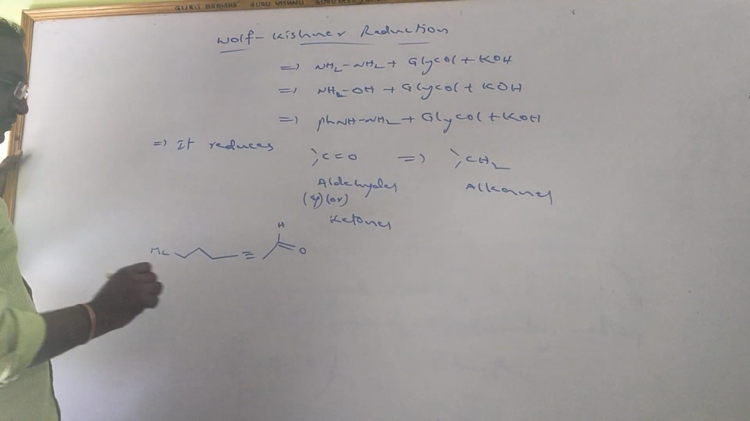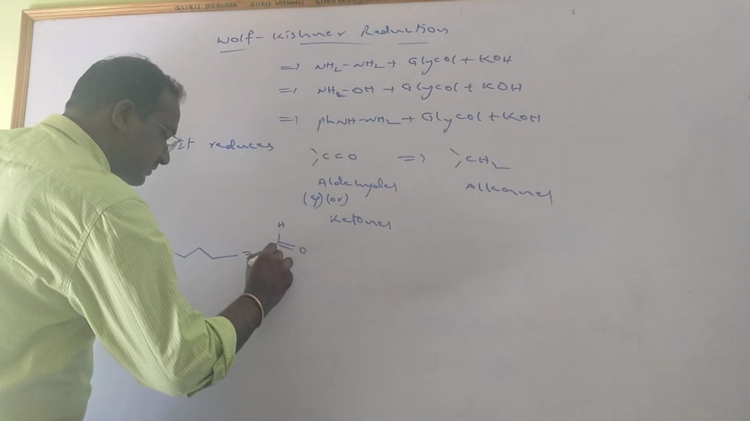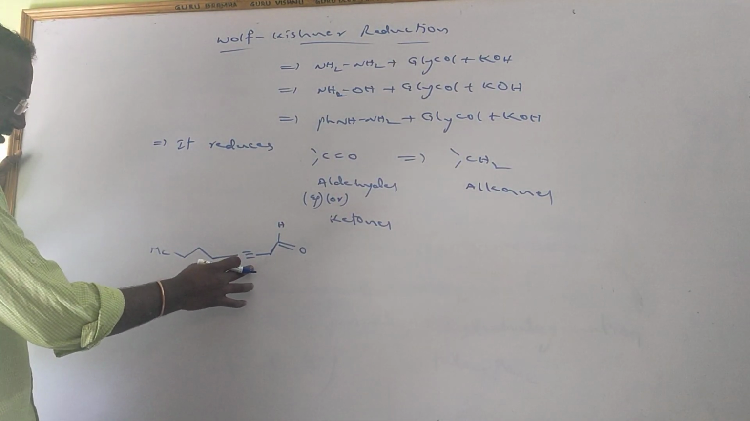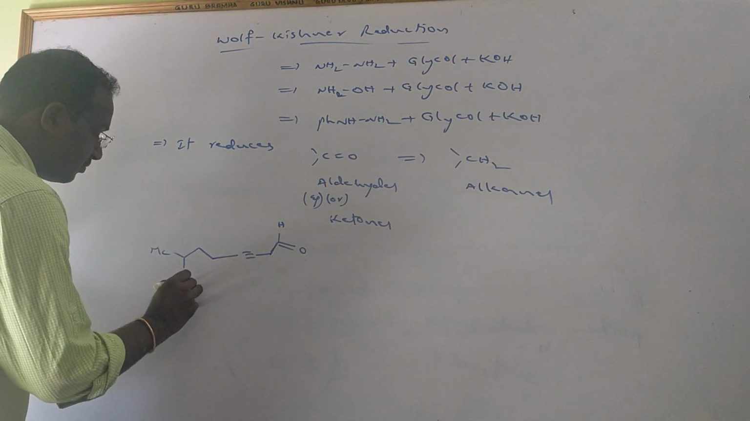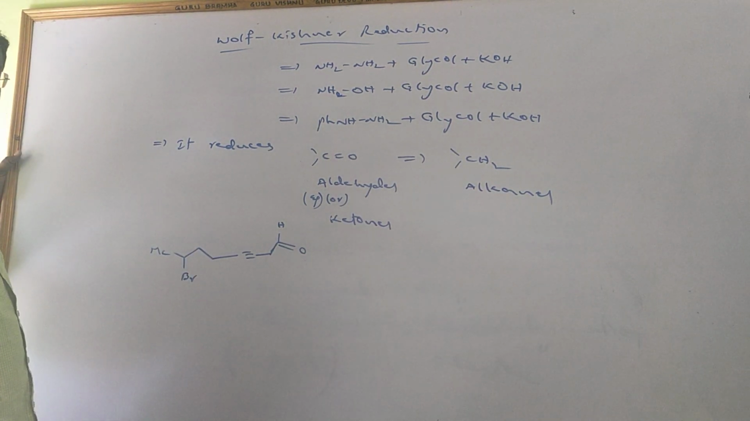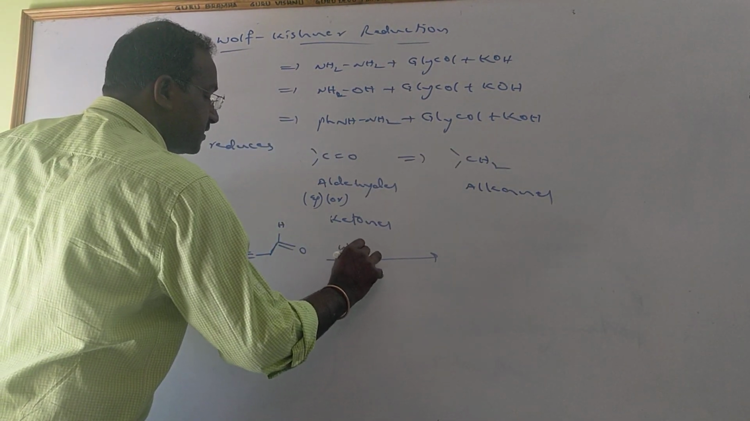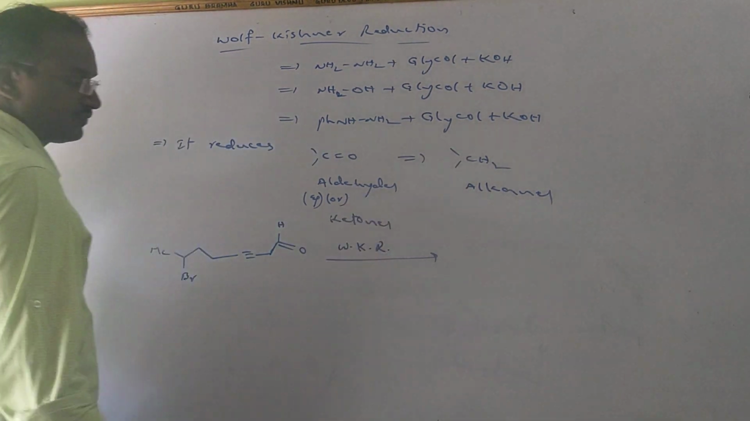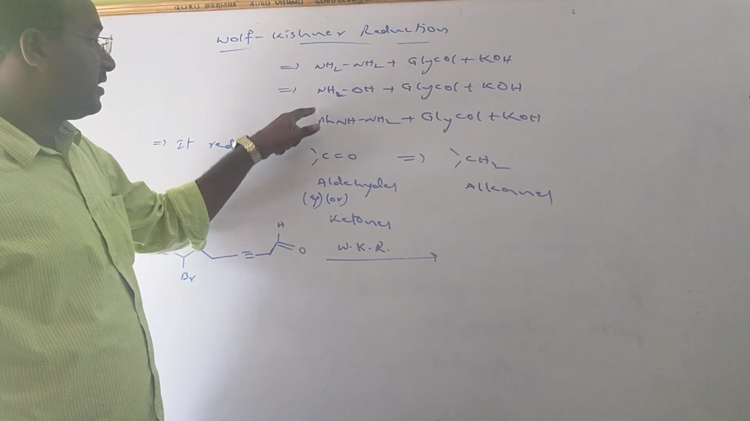I am taking this group. I am taking all these things. One second, let it be here like this. So a triple bond is there and a methyl group is there, and for our sake, let me consider bromine as present here. Bromine is also present. When treated with the Wolff-Kishner reducing agent, WKR, Wolff-Kishner reduction, that is any one of these reagents